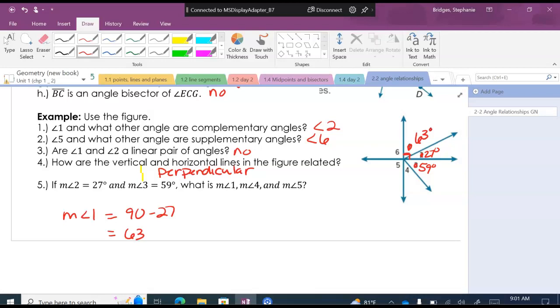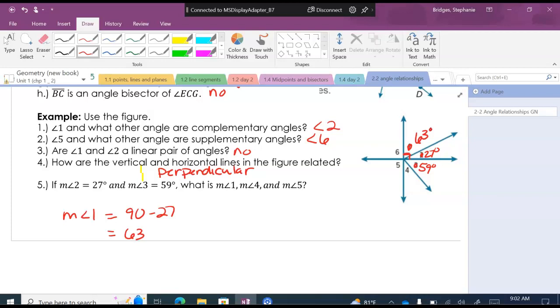So we figured this one was 63. This one they told us was 27. This one they told us was 59. Okay, and then we have that, right? Which means this is a right angle, this is a right angle, and so is that, correct? Okay. So we can do one of two things. We can do, to find the measure of angle 4, we can either do 90 minus 59,